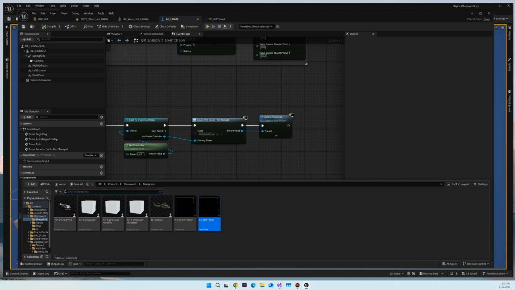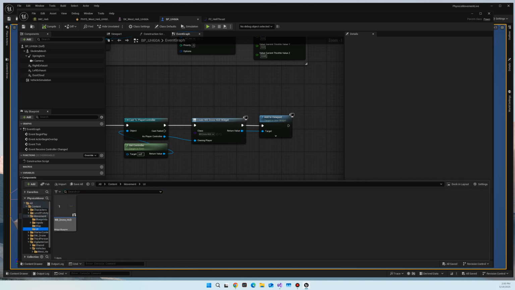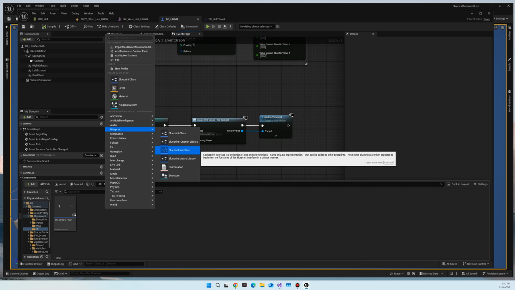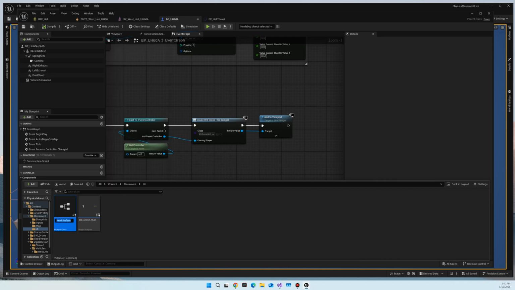So I'm going to go into the UI folder where our HUD is, and I'm going to right click and go to blueprints. If you haven't used these, they work the same way as if you were in C++ and creating an interface that way. So we're going to create a blueprint interface,